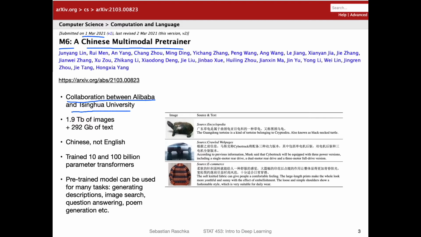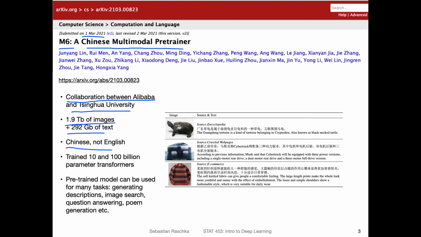So here, what they did is they trained, I think they used the Megatron from NVIDIA. They trained on 1.9 terabytes of images and 292 gigabytes of text. So it's a really large effort here. And what's essentially new and interesting here is that it is in Chinese and not English. So it's interesting to see that these language models also perform pretty well on languages that are not English. Because in Chinese, and you probably know this better than I do, you have all these different types of characters. English text is, I would say, much simpler because you only have 24 characters. Here, that's a little bit more challenging. So it's an interesting case study as well, I think.